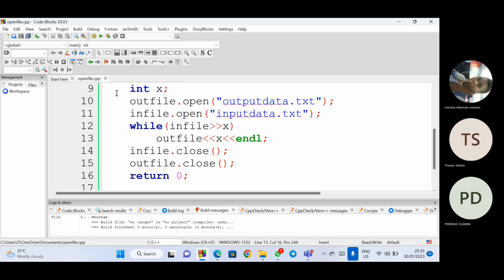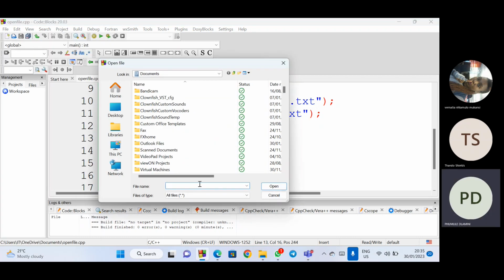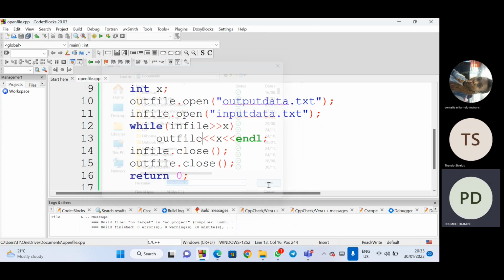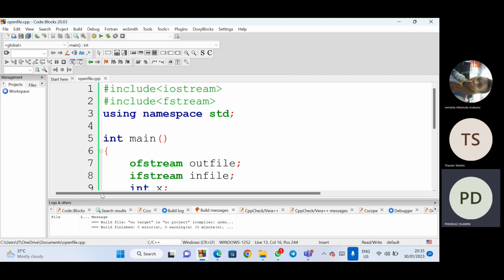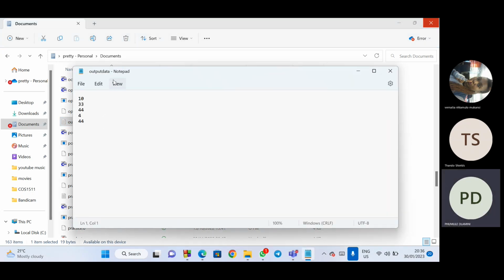Let me see why it's not opening. You can still open that file here in the code block. You can just write its name. There it is. And then we want it to open. It's taking time. Let me just go straight to it. You can see that in output data, we didn't write anything, but everything that we extracted in the other file